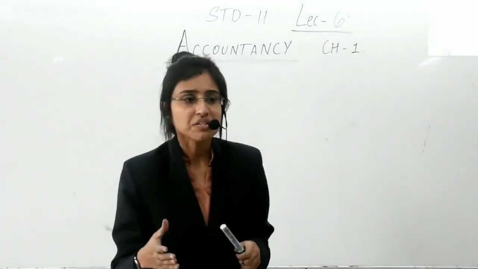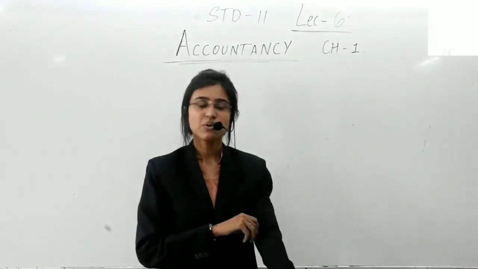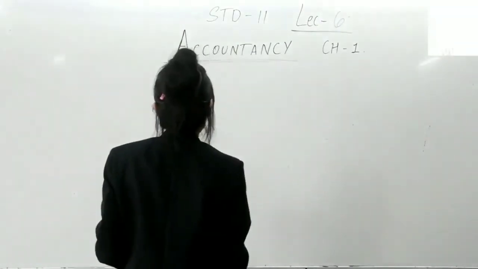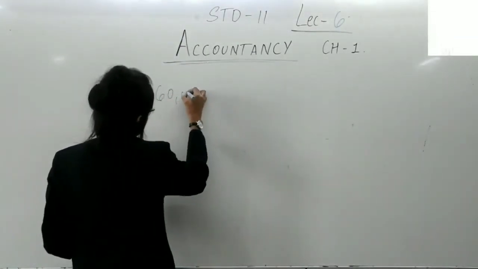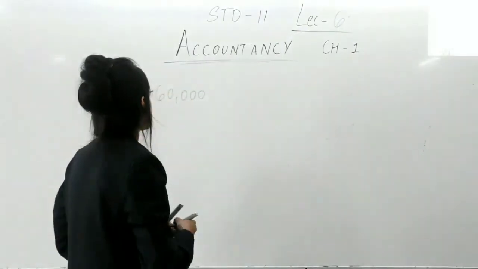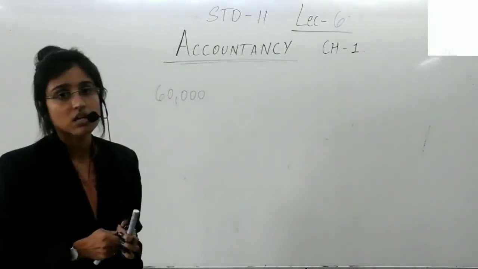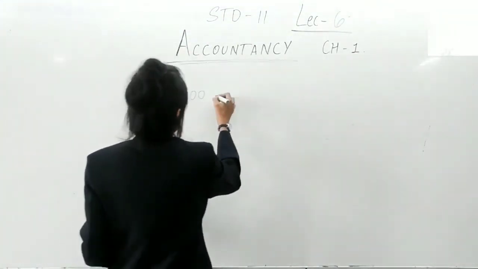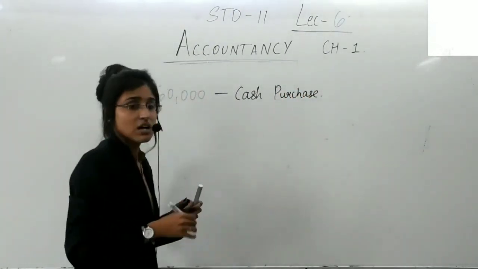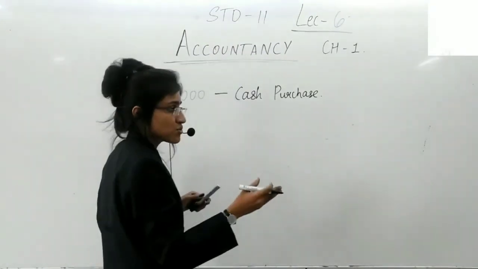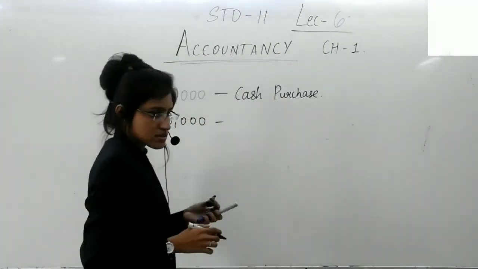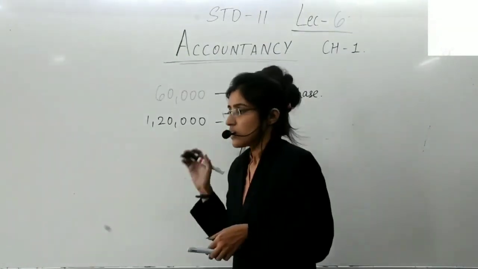Understand this. You visited some city, say Ahmedabad, and you have purchased a stock of school bags. So the bill amounted to rupees 60,000. You have purchased a stock worth rupees 60,000. Yes. So you have paid this amount in cash. So this becomes directly the cash transaction, or say cash purchase. Yes, just after a month or two, you again visited and the bill amounted to 1,20,000. Yes, now understand. 1,20,000